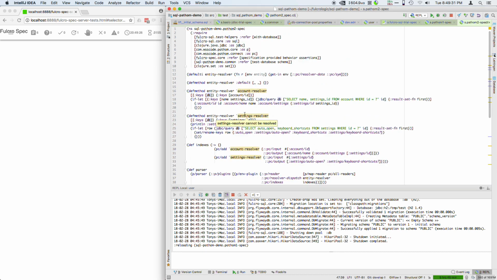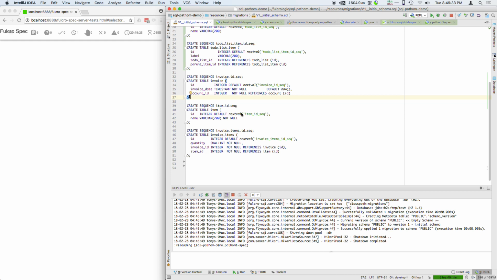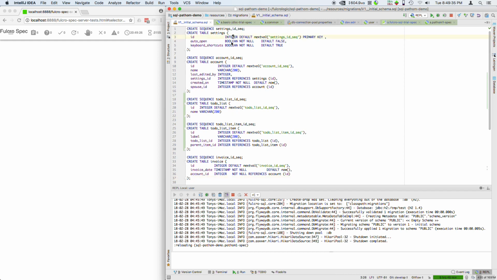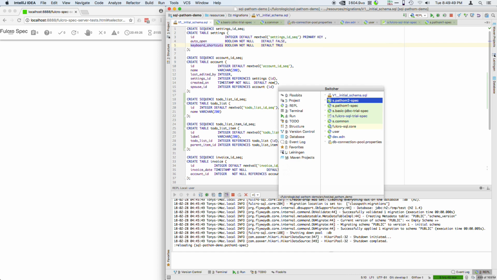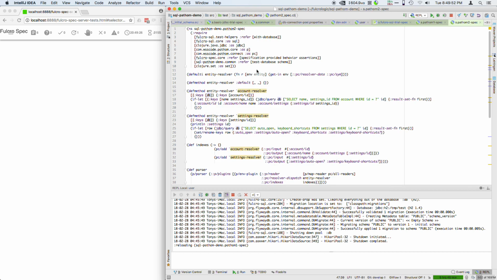Okay, so now back on the schema, our accounts have settings, and the settings, it's a to-one relationship, so we go from account to a settings ID, and then settings have auto open and keyboard shortcuts. We did this in the Fulcro SQL demo, and so this is what it looks like in Pathom. We have the same account resolver. We didn't change that at all. Well, actually, we did change it. We're going to change the account resolver